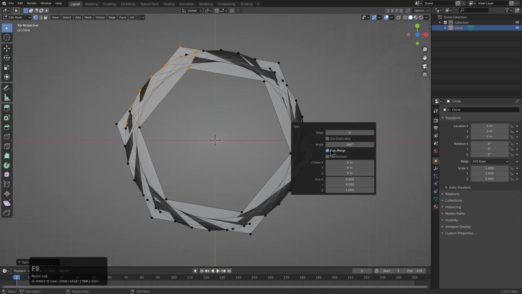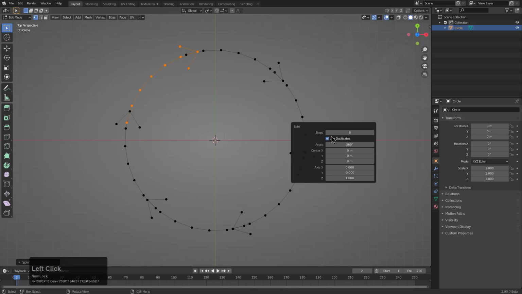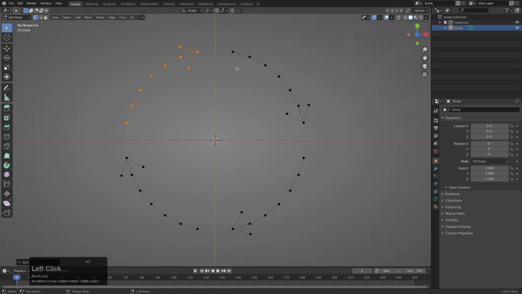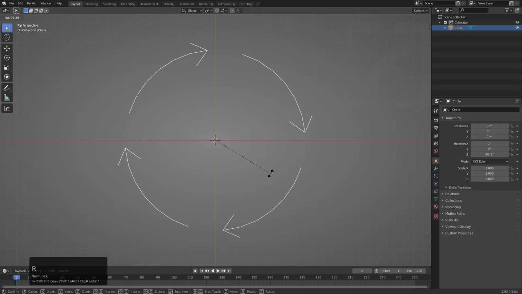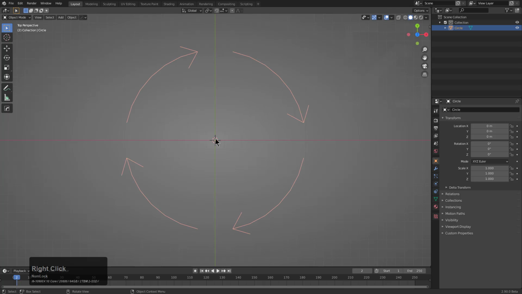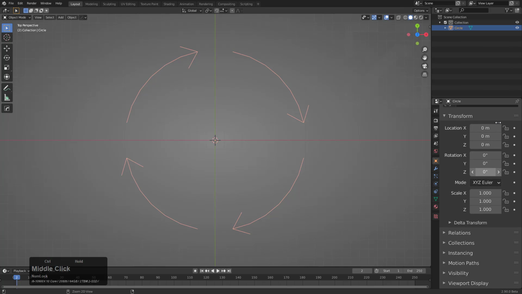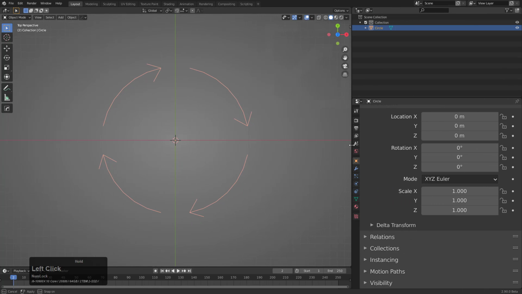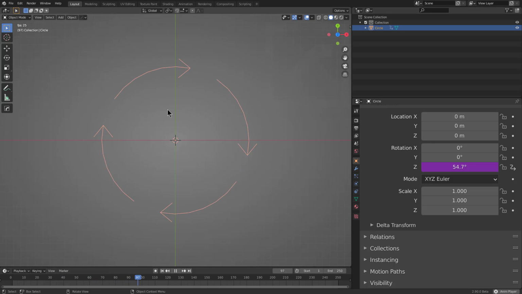And so in this case we want to use duplicates, and then I'll just lower the amount of steps, and so now we basically have this spinning circle. I create these all the time whenever I'm creating drivers, where I will go under the rotation area right here, and we'll just type in a driver like pound cos frame times 0.15 close parentheses, and then we press enter, and this thing will just rotate endlessly between -60 and +60,